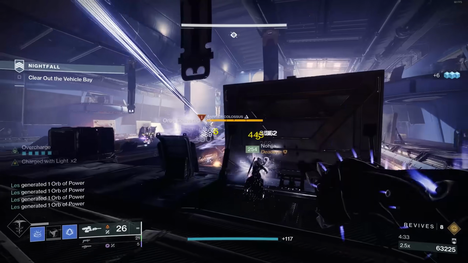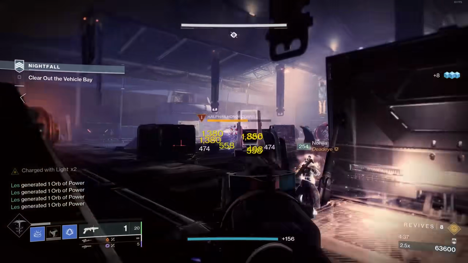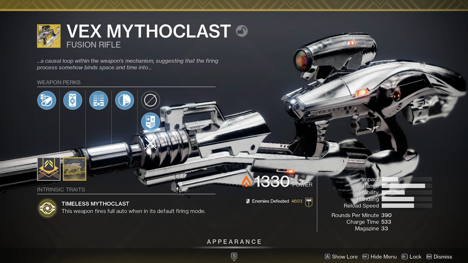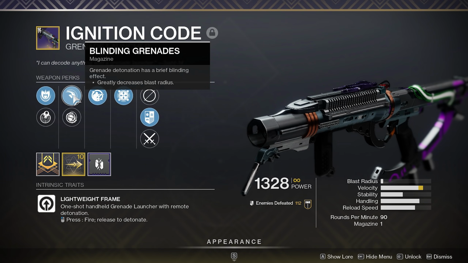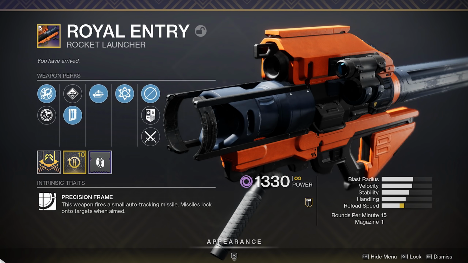Now, Elemental Shields this week includes all of them. You're going to be tasting the Rainbow: Void, Solar, and Arc. I actually was rocking Vex Mythic class, some Blinding Grenades on Ignition Code, and I was swapping between 2 different weapons, and that was actually Royal Entry, which is this rocket launcher right here, not a bad roll,